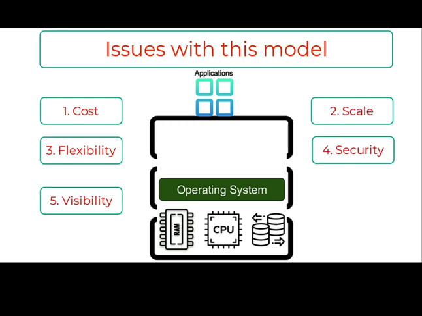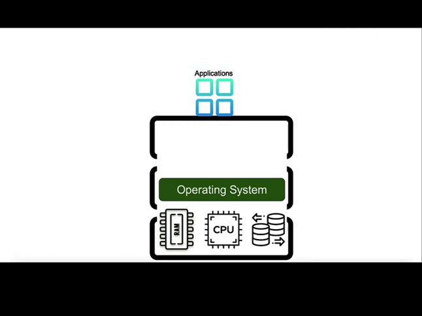The third issue is the flexibility issue. We don't have the flexibility to use only the needed resources as and when the traffic comes. The fourth one is the security issue, because you are actually having direct access to the hardware, and it's only one hard disk which is in a physical center, and there is no access restriction that can be granularly controlled. And finally, the visibility. We don't have a clear identity of who accesses what, when, and which resources, etc. So these are the problems that we are actually facing with this particular model.